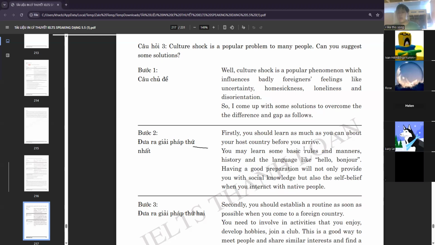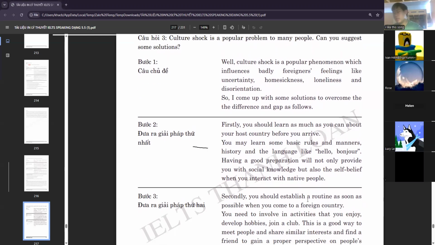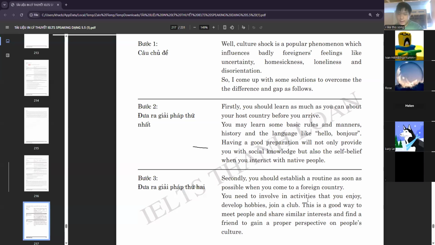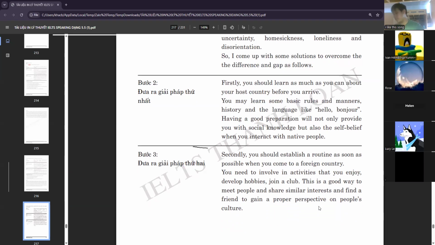So yeah, the other part of culture shock, as I already mentioned, is the fact that they don't really speak the language, so they can't be friends. Now think, many countries would probably be very prepared. They would be very open towards foreigners. Most of the time, there will be open events for people to do it. So you need to say that there are some events that people could attend to make friends.